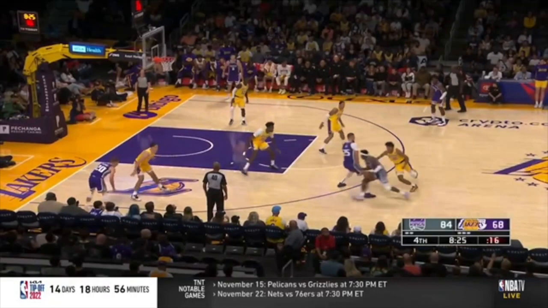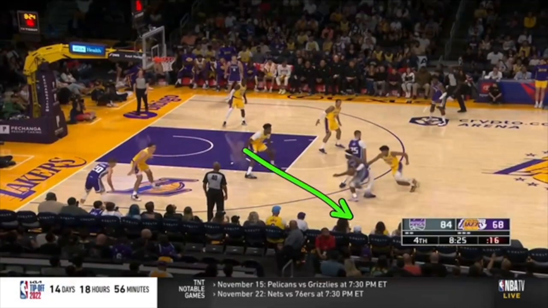Stop giving guards the lane. Up and hedge. Push this guard out this way. The second he hesitates, picks up his dribble, brings his dribble back, I can recover. In the meantime, I need the backside help standing right here. If he throws a skip pass all the way here, I have plenty of time to recover. But again, I'm going to be able to bump you back quickly anyways.